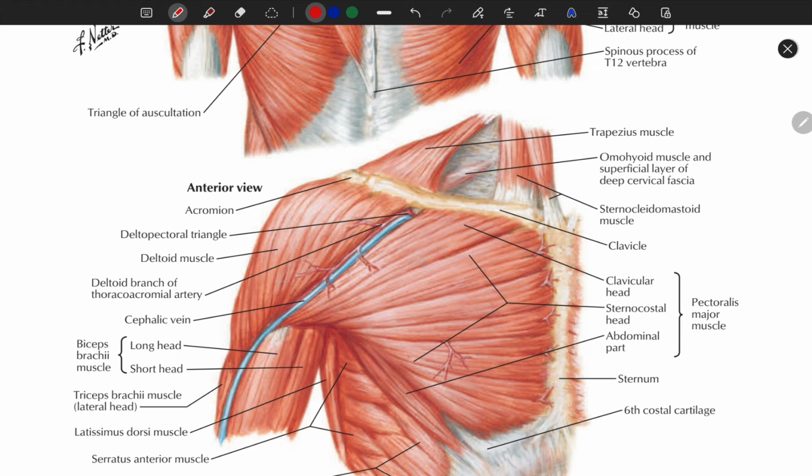So the action of the pectoralis major muscle is, as these fibers are arranged like this, it will help in adduction, and the clavicular fibers, as they are arranged in front, it will help in flexion. As this is attached to the anterior to the shaft of humerus, it will help in the medial rotation